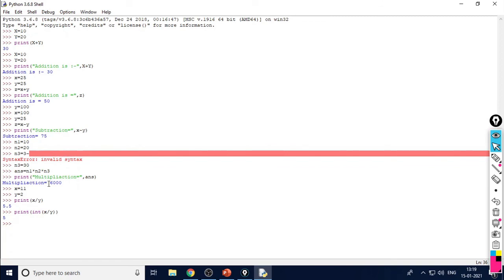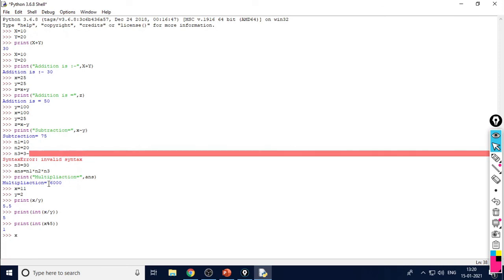This gives you 5, the quotient is 5. And if you want to print the remainder, print int(x % y), and you will get 1. So this is the quotient and this is the remainder.